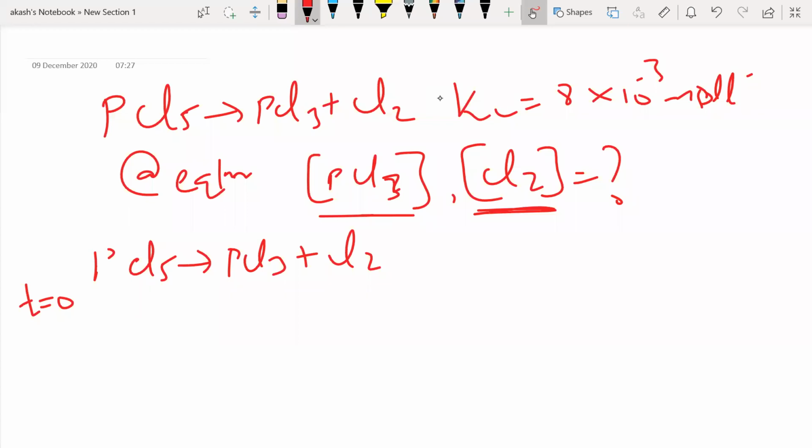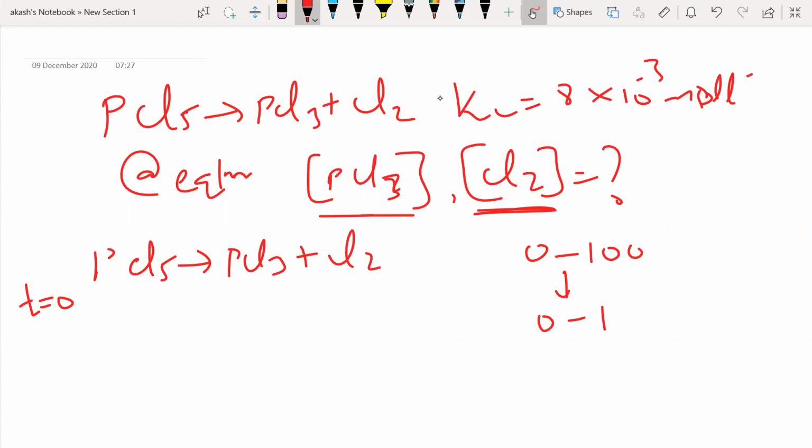Okay, there is 100% of PCl5 and nothing else, right? So let me scale down that 100% to the scale of 0 to 1, or I would say the fraction. When I talk in terms of percentage, it will be 0 to 100, right? But what I'm going to do, not only for this question, for any question for that matter, is convert this into the scale of 0 to 1. That's what I'm going to do.